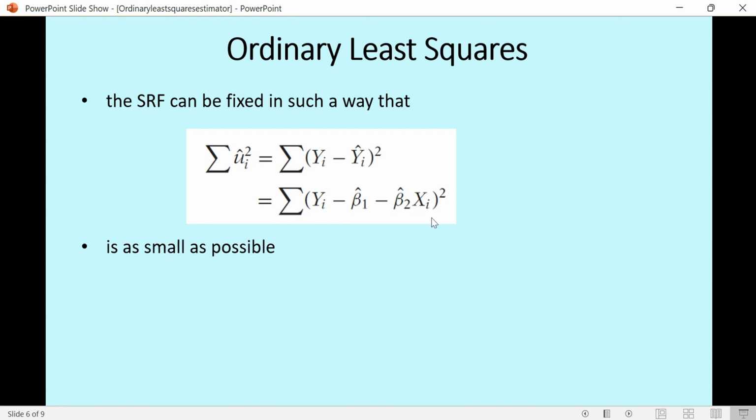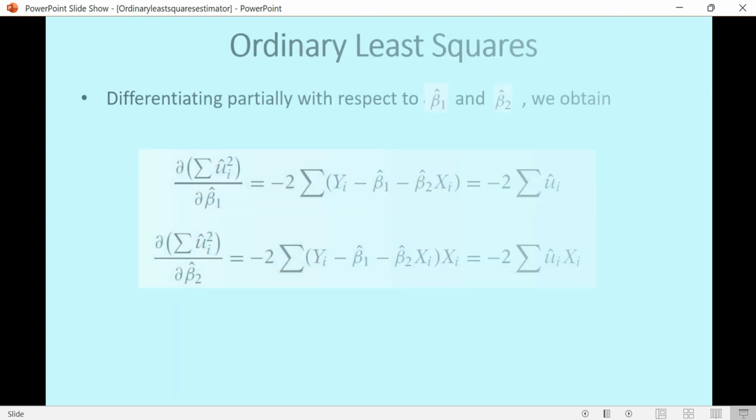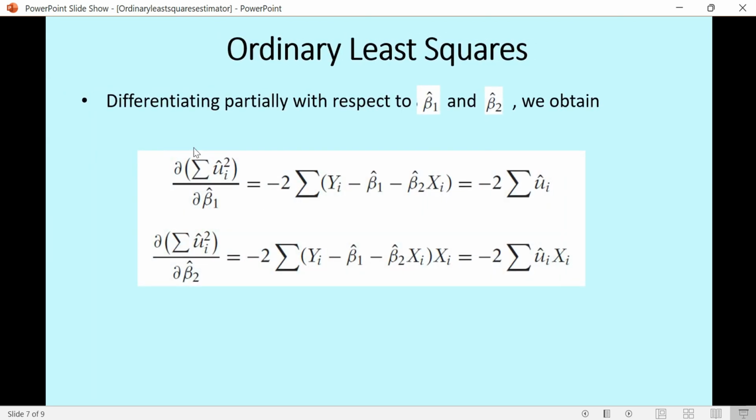So we make these items as small as possible. This is the best case of what we can do, right? We can make this as small as possible, which means the residue will be small, and the estimated line will be close to the real y value. So if we make a partial differentiation with respect to these parameters, beta 1 hat and beta 2 hat, we can get these two